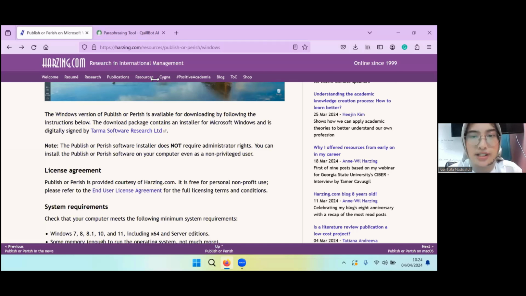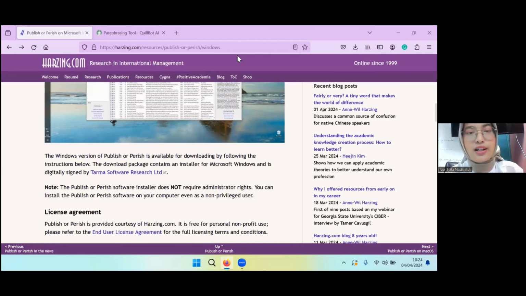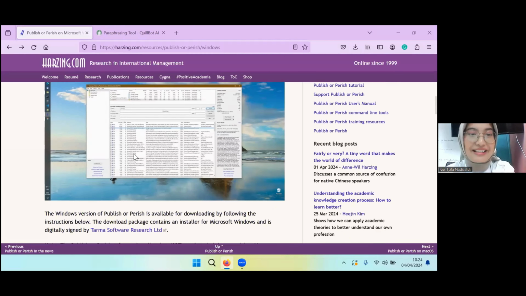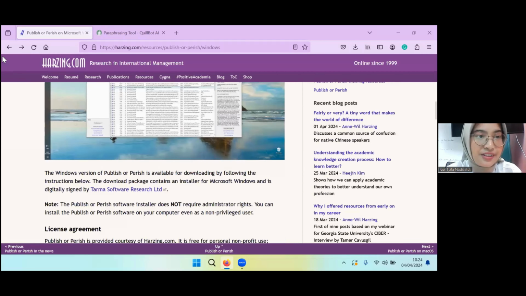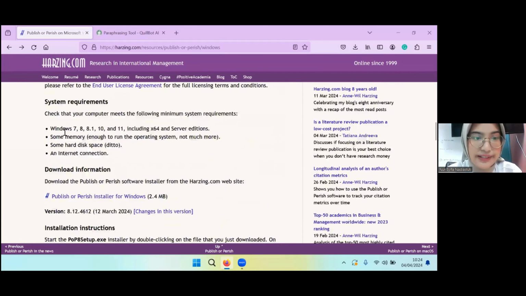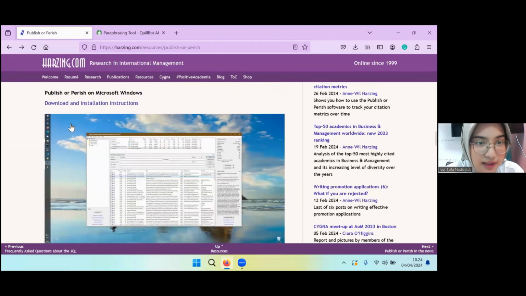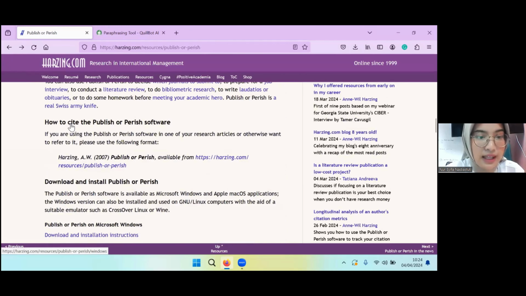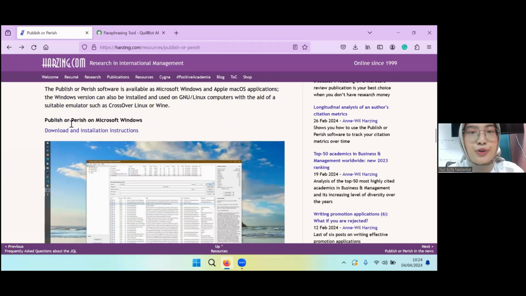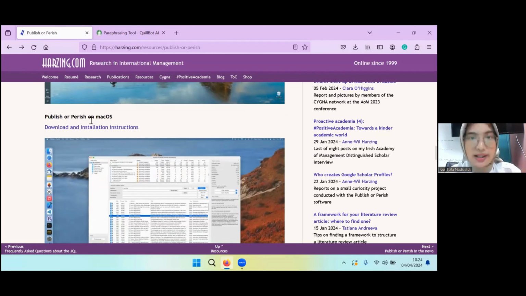I think that Publish or Perish is an easy way for us students to search many journals or articles easily with one click. That's amazing. First, we have to see there are two versions, on Microsoft Windows and on Mac OS.